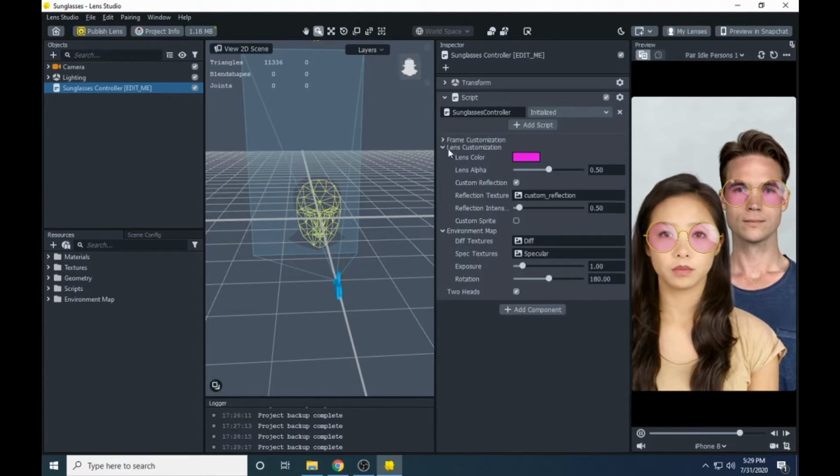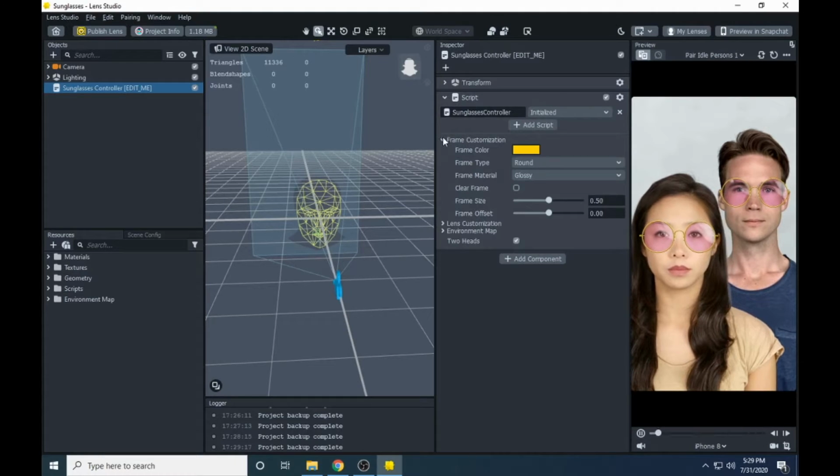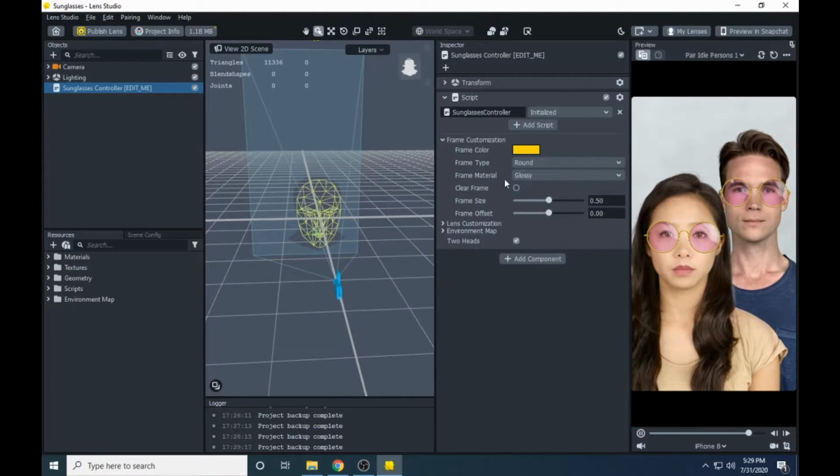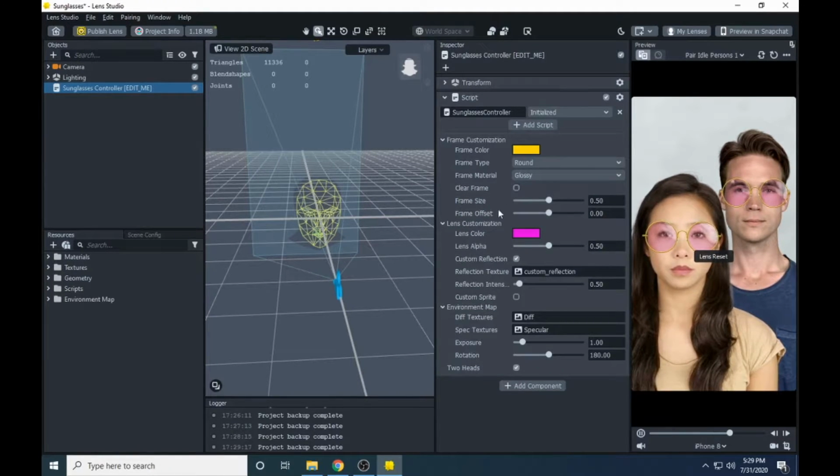I'm going to minimize it so we can better understand it. Here we have frame customization. In frame we have frame color, frame type, frame material, and clear frame, if you want a clear frame, and frame size and frame offset.